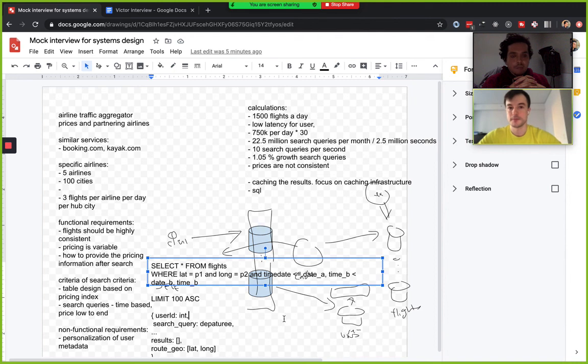So what I'm thinking is because we have all these different cache areas, right? You could probably do some replication service that eventually updates the cache for those most popular routes. Now, I'm trying to see what would be the best manner to do that. My intuition is saying a